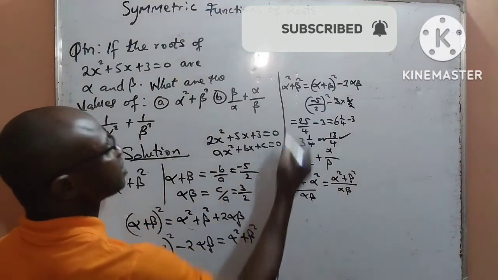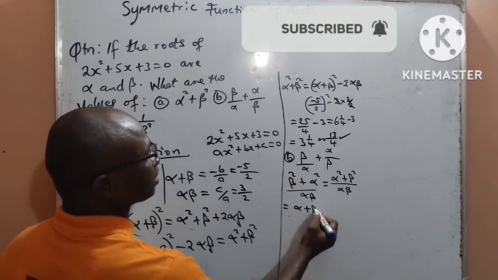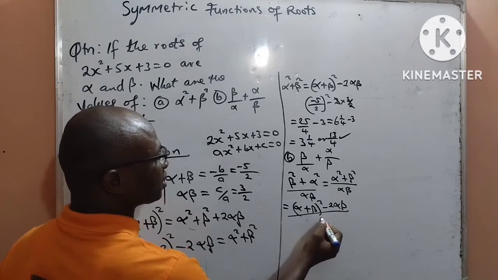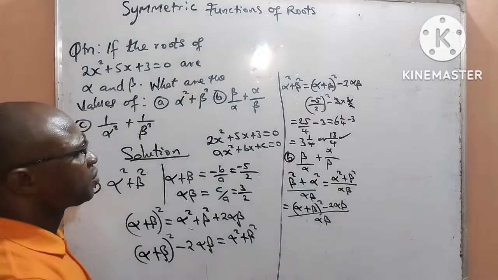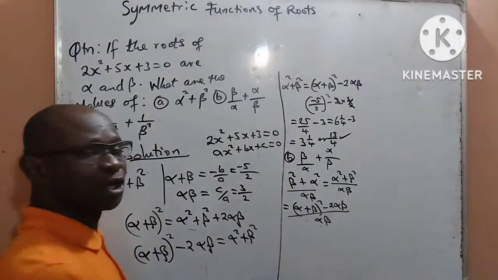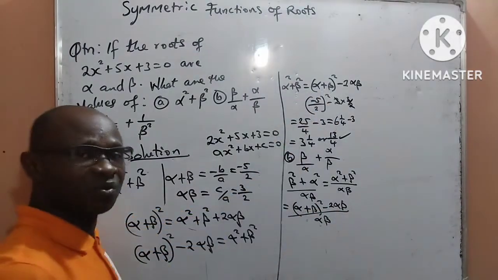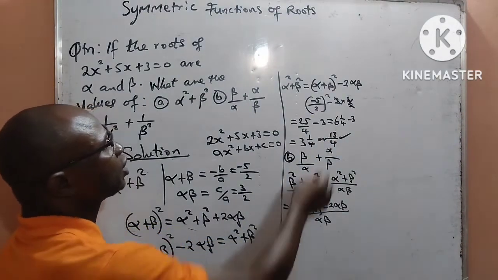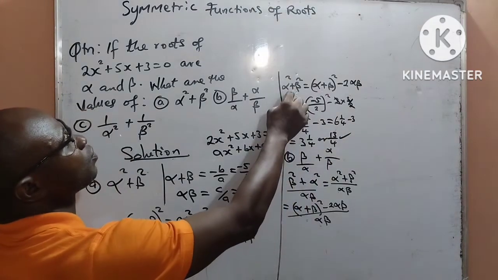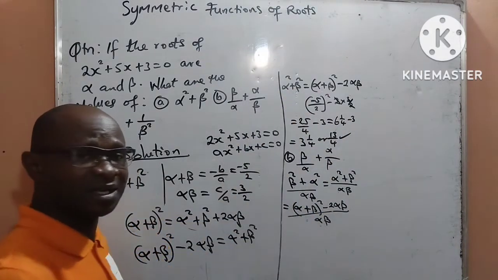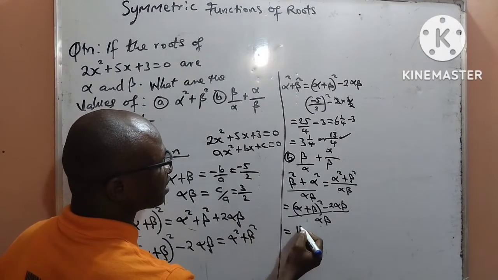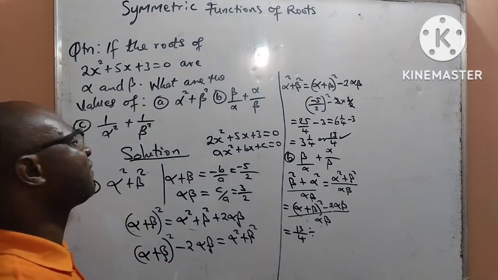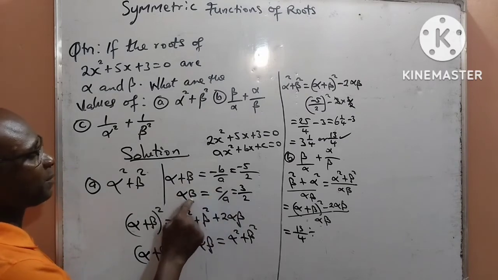So I can now write it as (alpha plus beta) squared, then minus 2 alpha beta. Everything now is all over alpha beta. Also, we may not bother ourselves trying to simplify the numerator again, since that is exactly what we did in question A, and our answer came out as 13 over 4. So what we need to do now is to simply move the result of the question A, which is exactly what we have here at the numerator, and then write it as 13 all over 4, then divided by alpha beta. And our alpha beta is going to be, from what we have here, the product of the roots,